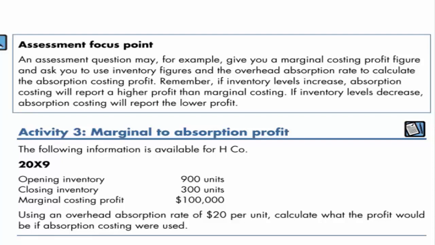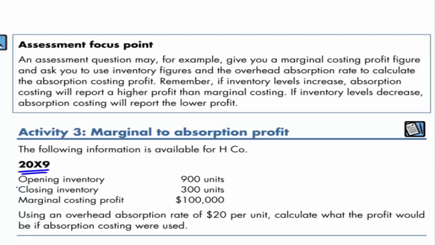So what I would suggest is that you have a go at activity number 3. Very similar but slightly less information this time. So what we're told in activity number 3 is that it's 20x9, and they've told us that there are 900 units in opening inventory and 300 units in closing inventory, and they've calculated that the profit under marginal costing principles